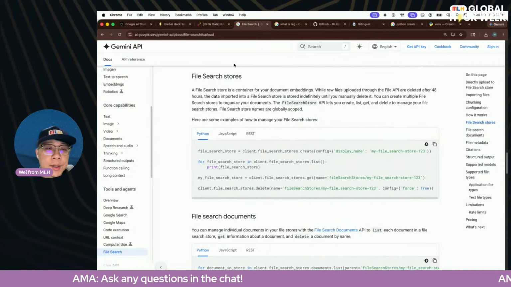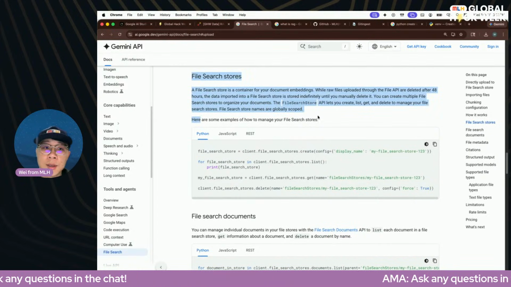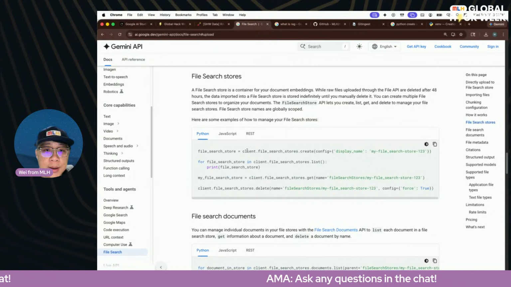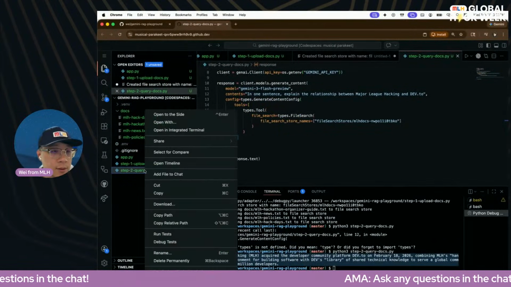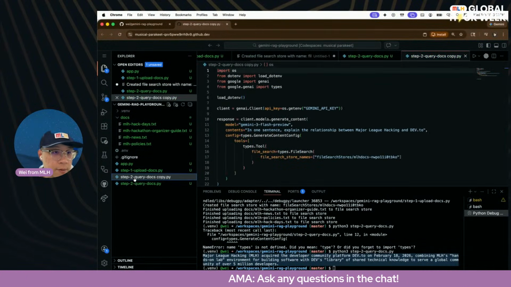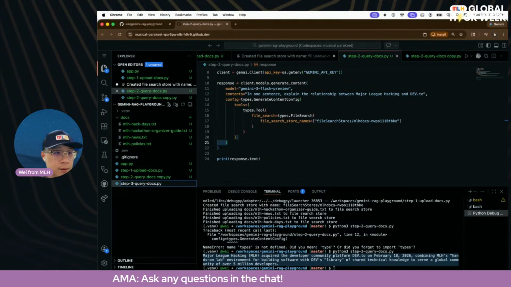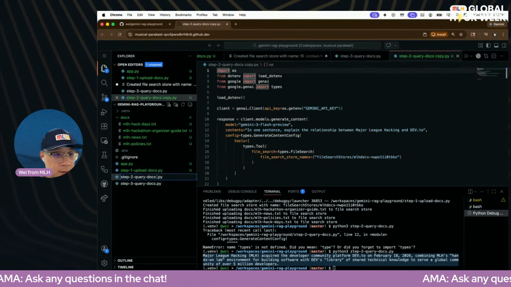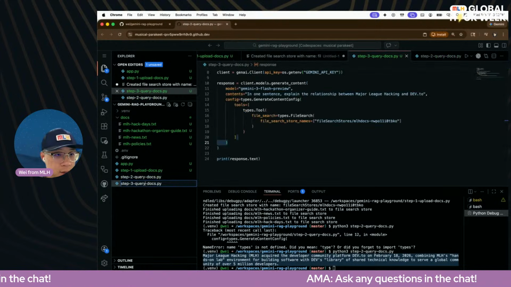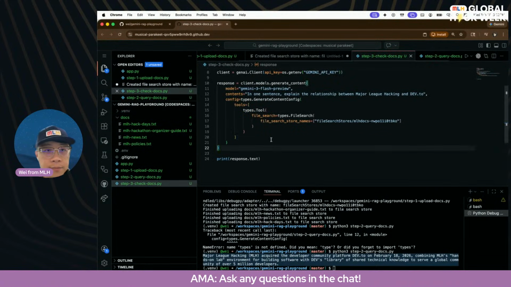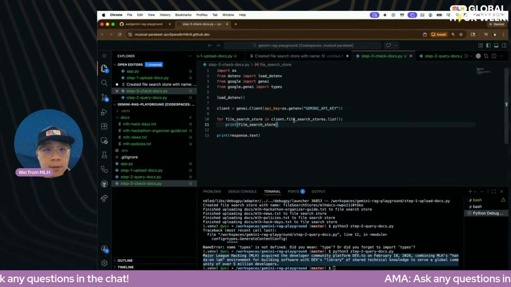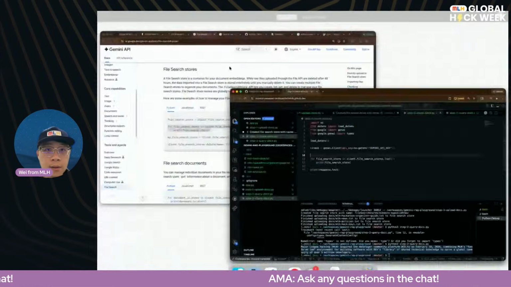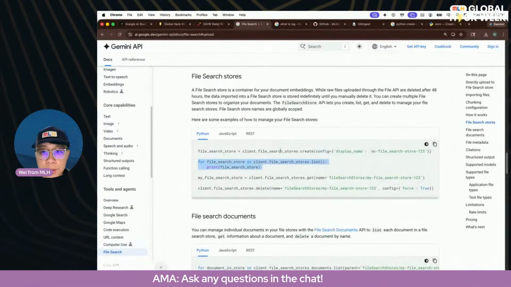You can actually look through the file search store if you want. Here is a method here to look through all the files that are inside the store. We can do that right now. Take a look and make sure they're all there. So let's do a step 3. Check docs. Okay, and for the check docs, we need to